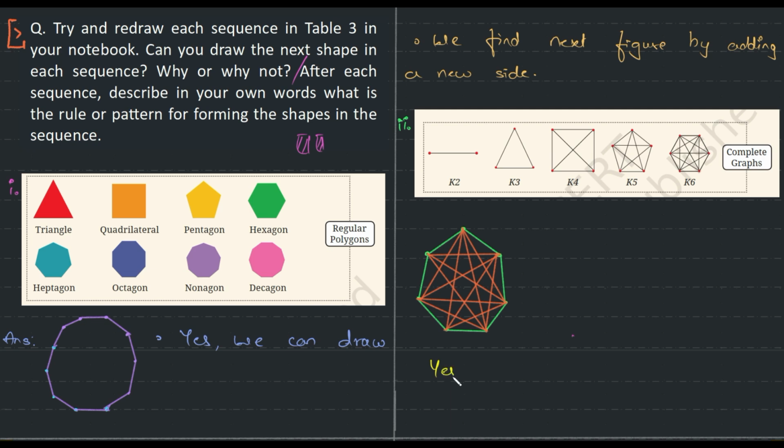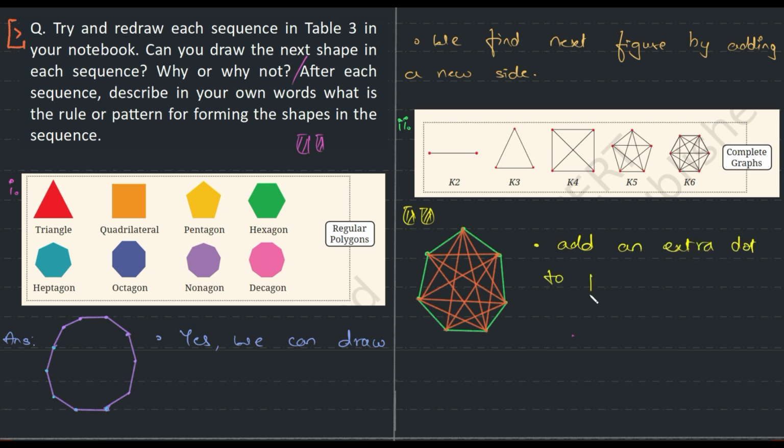I will not write the entire sentence. So now, what is the question? How do you describe, how do you get the next figure? Can you pause and think over now? Pause. So how did we do it? Add an extra